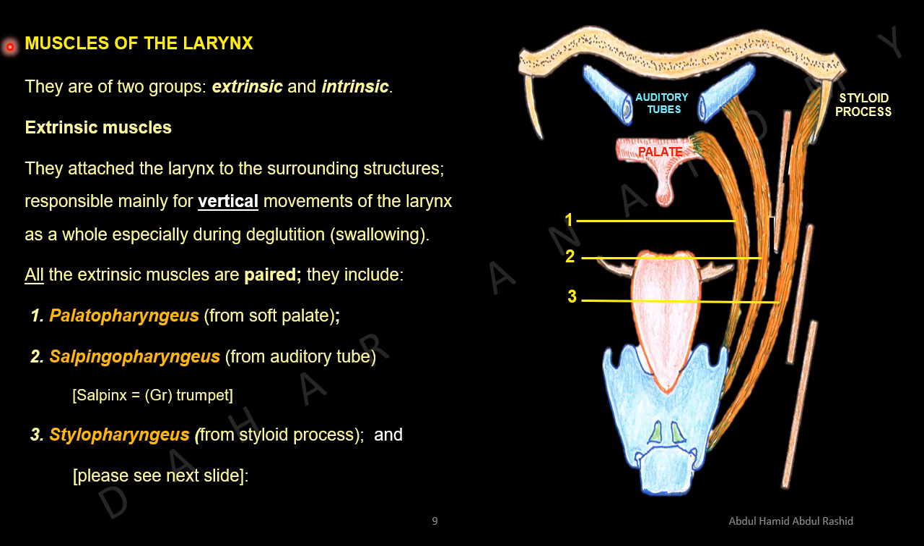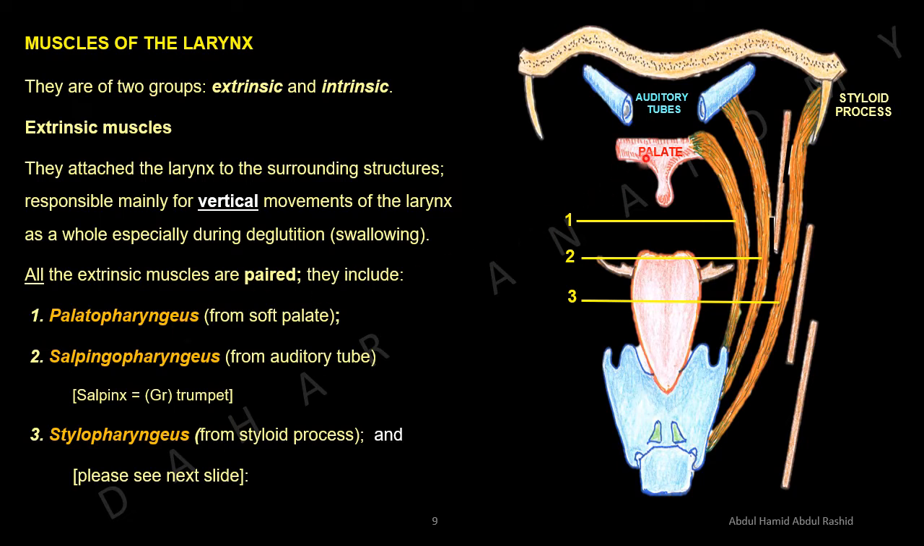Muscles of the larynx. They are of two groups, extrinsic and intrinsic muscles. Now we are going to talk about the extrinsic muscles. Extrinsic muscles attach the larynx to the surrounding structures and are responsible mainly for vertical movements of the larynx as a whole, especially during deglutition, swallowing. All the extrinsic muscles are paired. They include number 1,